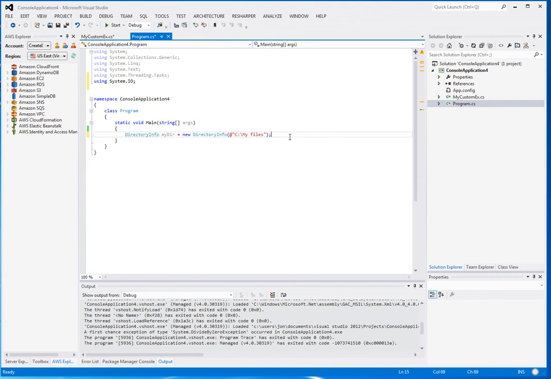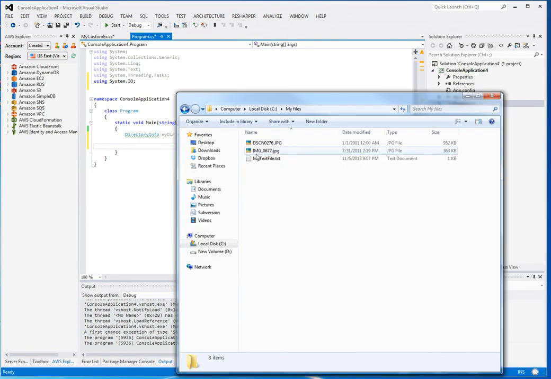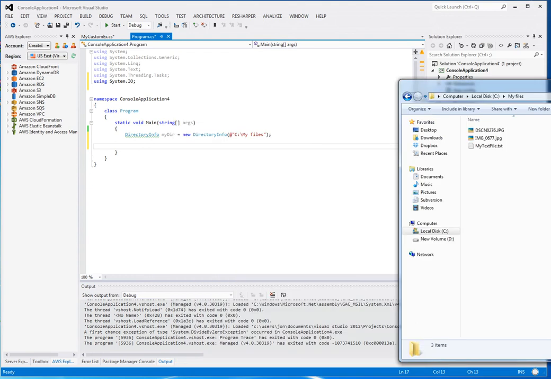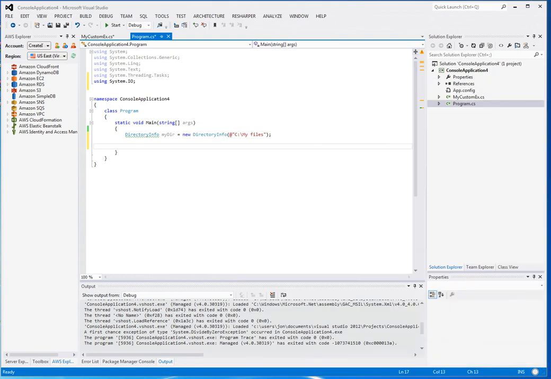Now what I want to do is list the files in that directory. If you remember, a few weeks ago we went over a for each loop, and we're going to use one of those here. We're going to use the for each loop to iterate over each of the files inside that directory container. So we're just going to come down here and do a for each,